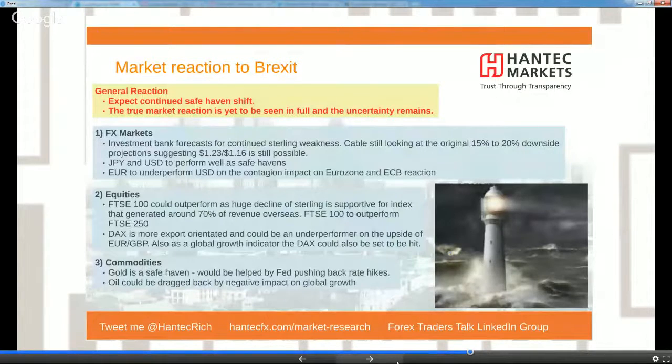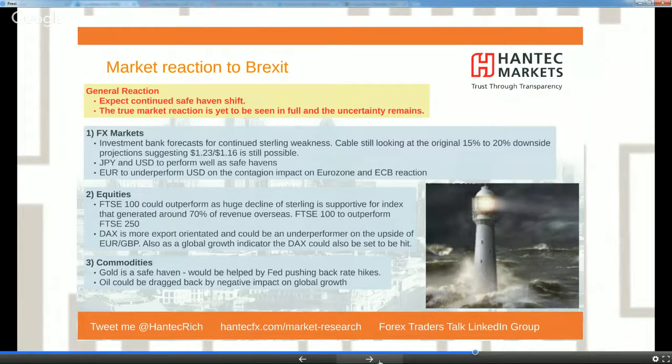Now, in terms of the oil price, questions over global growth hit the oil price, because obviously the oil price is seen as a bit of a proxy for global demand. Although obviously it's got supply issues as well, but certainly when global growth is considered to be strong, then the oil price should theoretically push higher. So the recovery that we've seen in recent weeks and months on oil may be questioned, actually, on the back of that, but it'll be interesting to see whether that is the case or not.